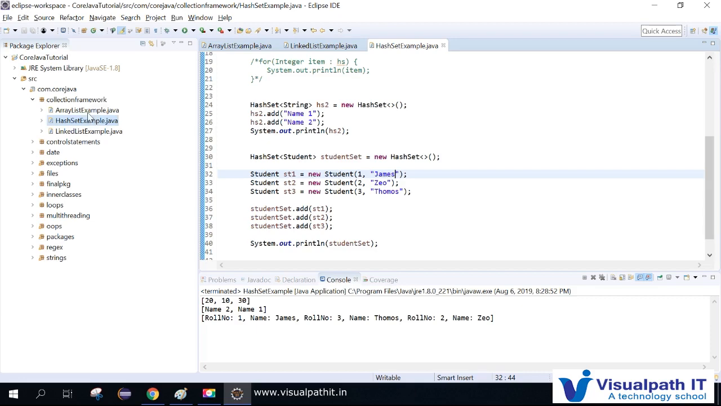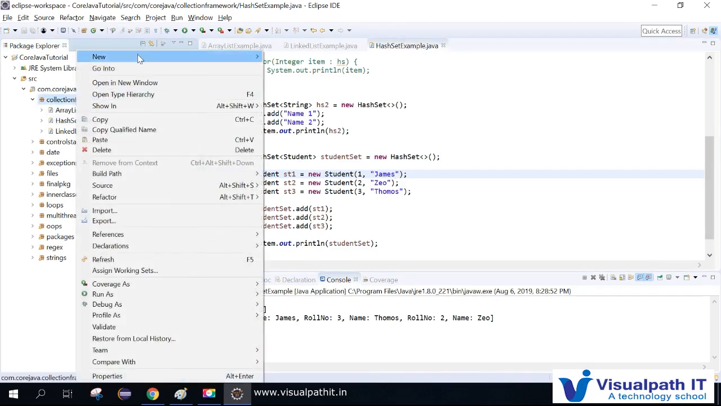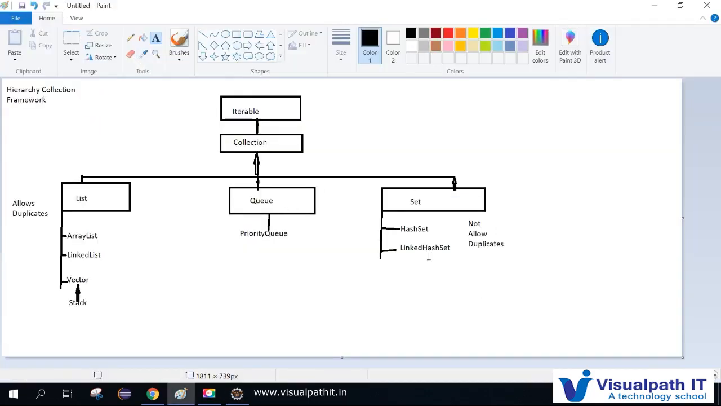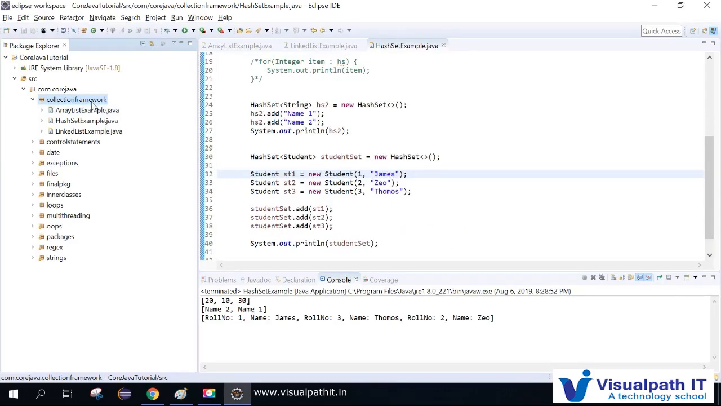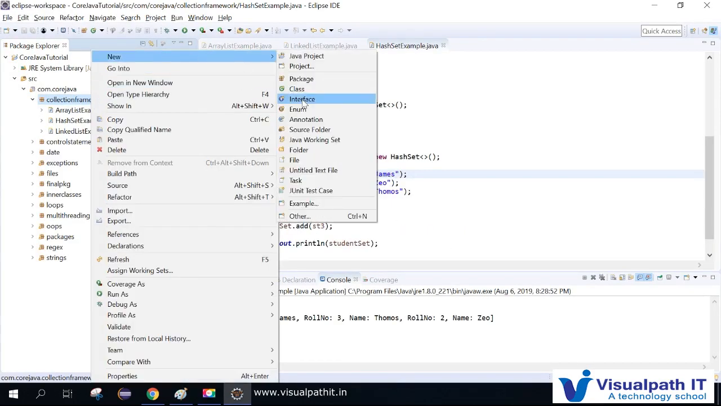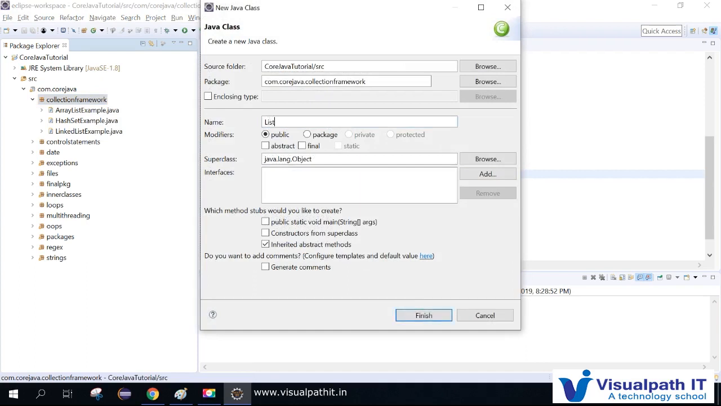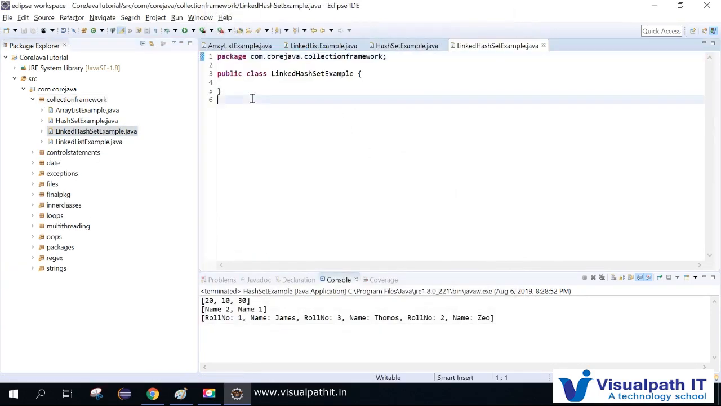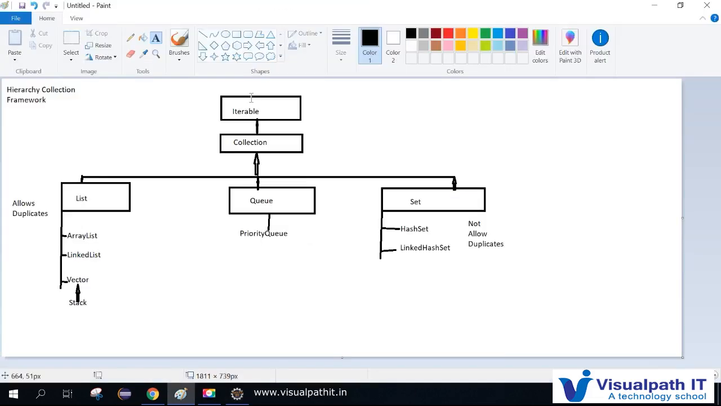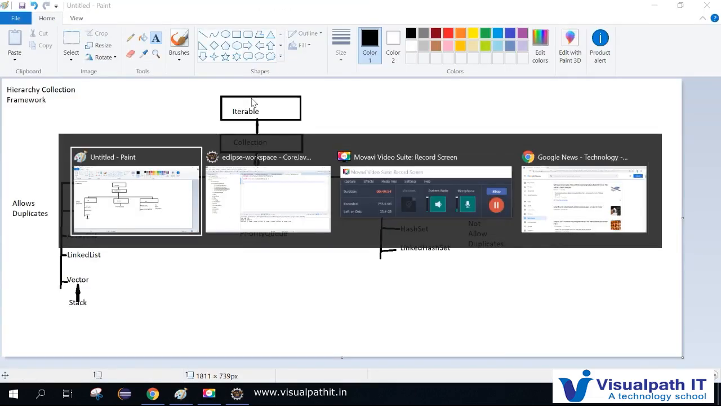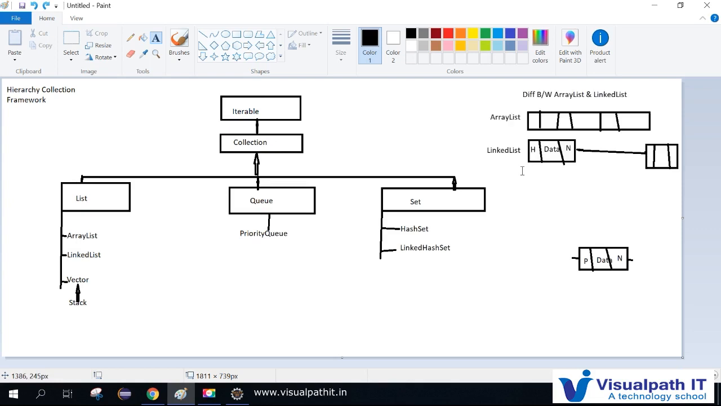So now we can see LinkedHashSet, which is the other class within the Set interface. We can see that now. LinkedHashSet is also similar to LinkedList, the way we defined it. It will be the same as